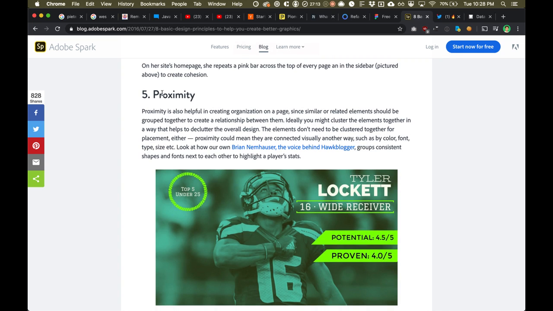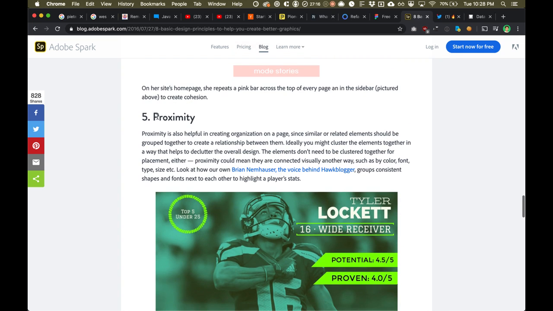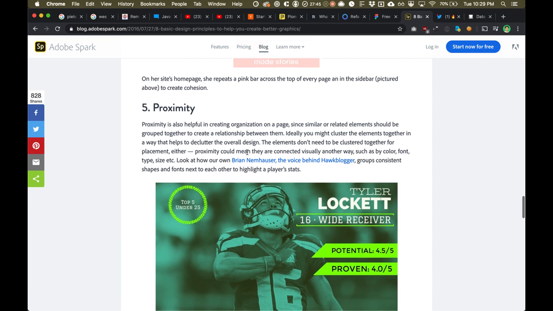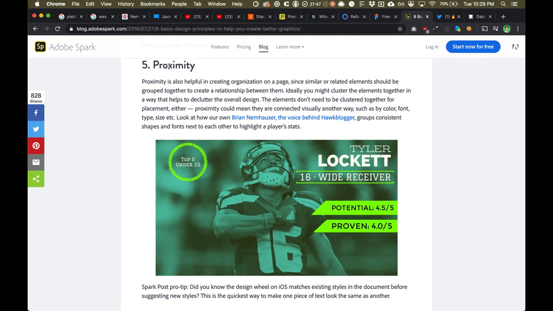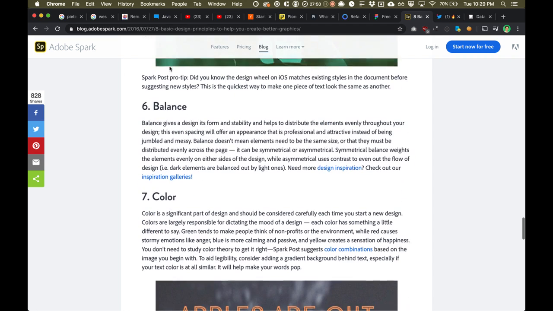Proximity, so this is a huge one. Basically, if things are near each other, they're going to look like they're related. And if there's a little space between them, it's going to look like they're different items. So you want to really pay attention to how close things are. You notice all these navigation items are pretty close together. That relates them as a single navigation item. These things over here are pretty close together, which relates them as login and sign-up flow. And these things are pretty close together, which relates them as all social share buttons. So proximity matters a lot in design. I'd say this is really, really high up there also.